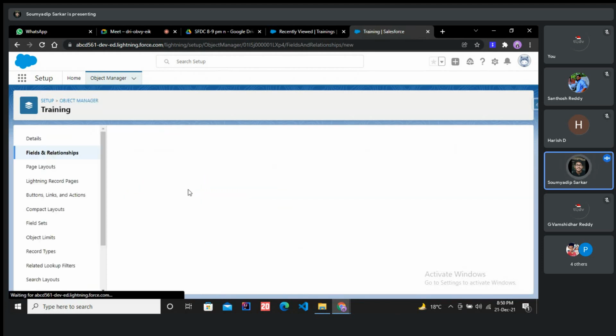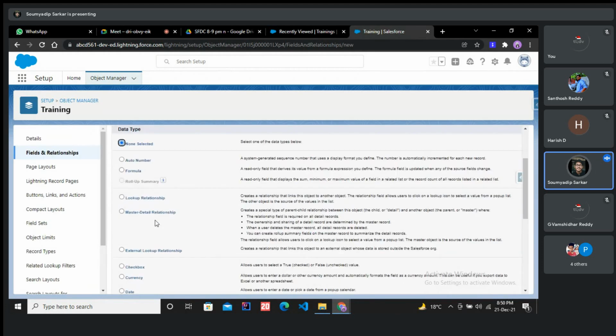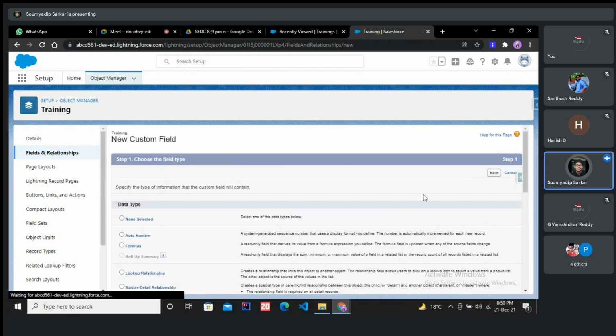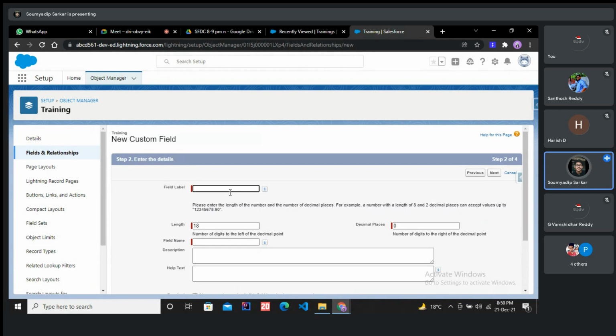Okay, if I am thinking about something more, like let's take, I also want to give course fee. So course fee is what? It is a currency type field, maybe dollar, maybe rupees, maybe euro. For that I am choosing currency. Next, I am giving here field name as course fee. Okay, course fee I am giving like length I am giving 16 and here I am giving decimal places as